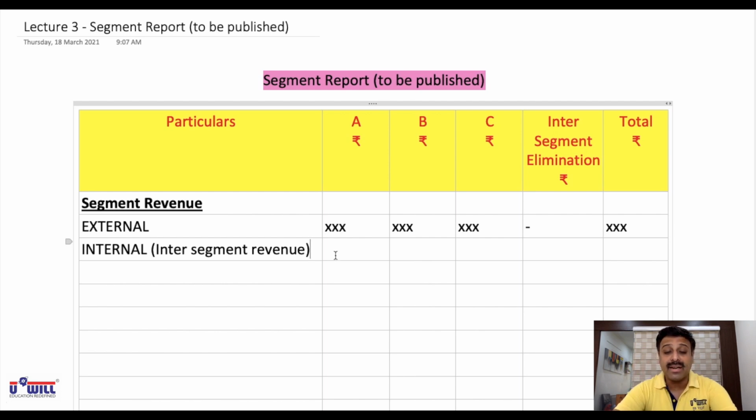So inter-segment revenue means when one branch sends the goods or services to another branch, and also charges for the same. Because the Ahmedabad branch has to show in the stock, the records, that they have sent it to the other branch, they also have to charge the revenue for the same. Then such revenue is called inter-segment revenue. So inter-segment revenue we will subtract. No, we will add, sorry. So at all the three places we add, but in elimination, inter-segment elimination, we will subtract it.